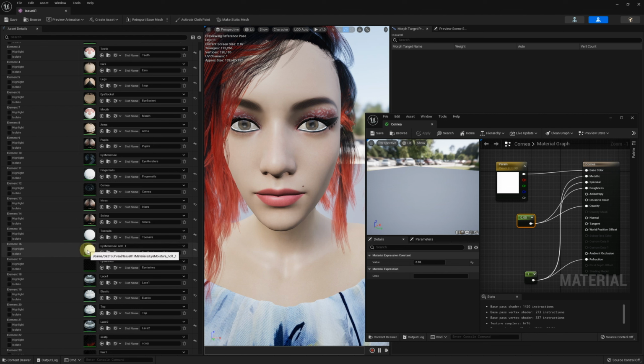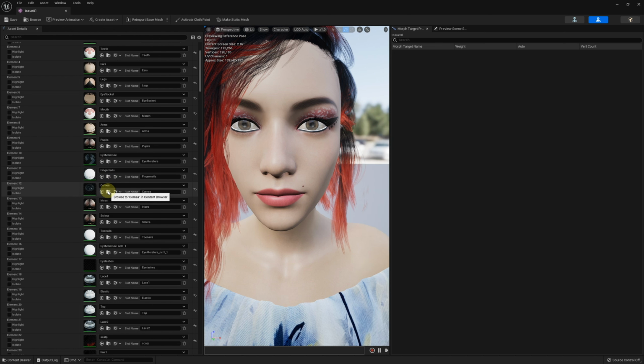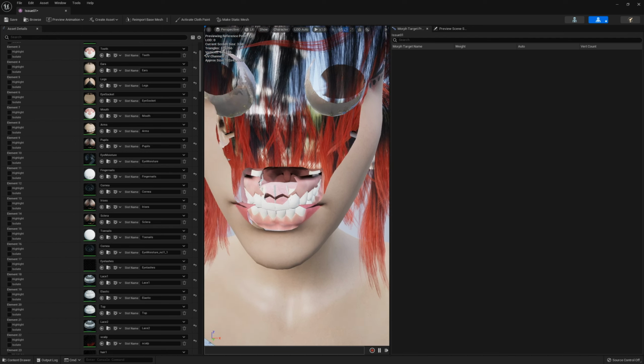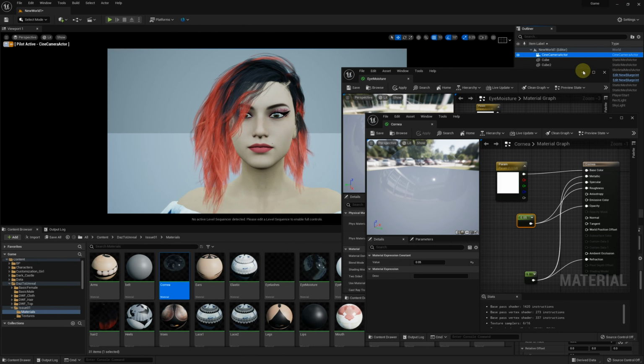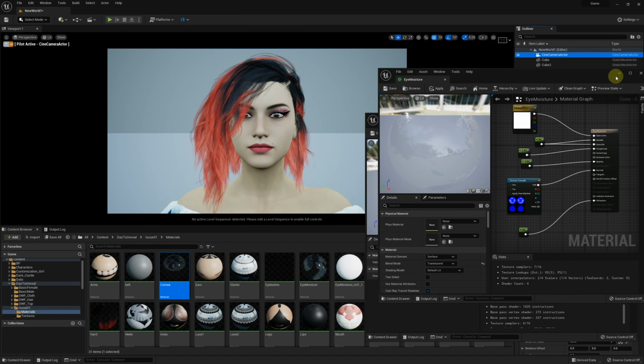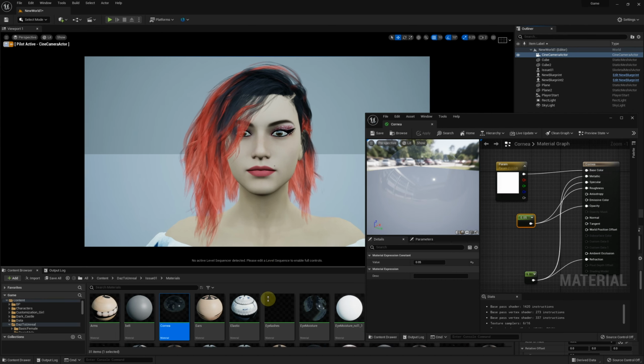Eye moisture in CL is the same as the cornea, so we can use the cornea material. Now the hair and eyes are fixed. If you need a better result, you should take time to adjust it.